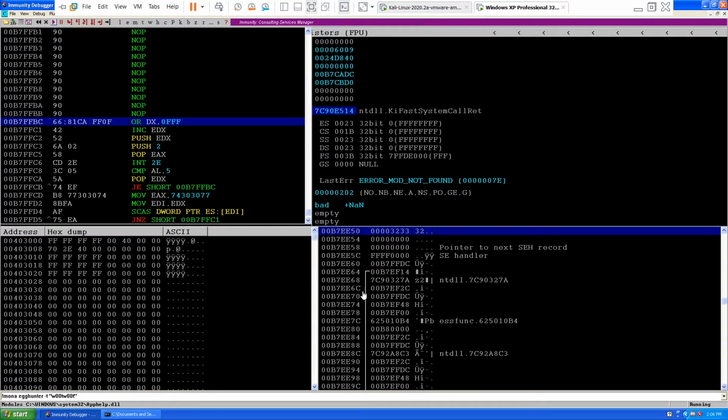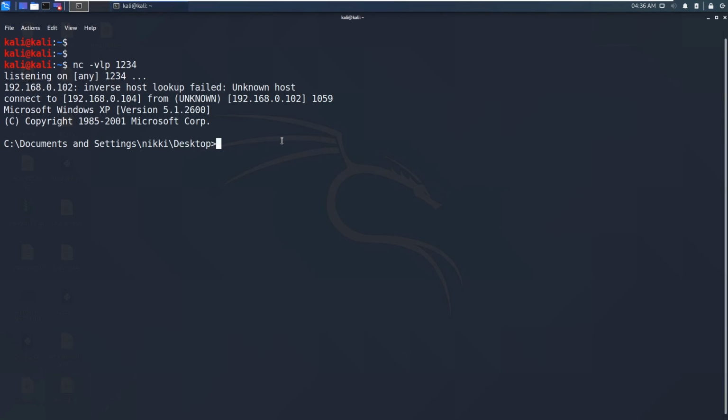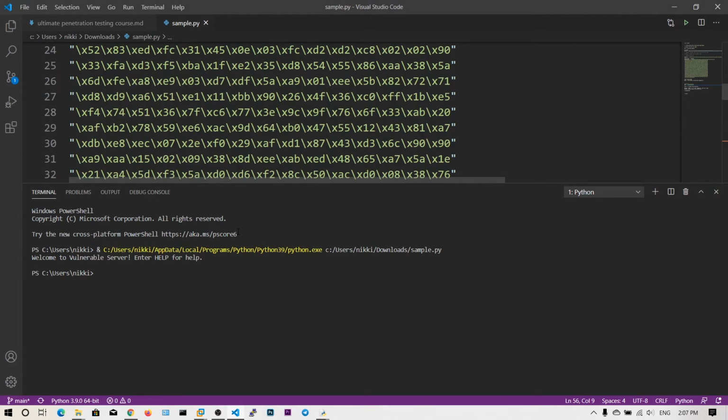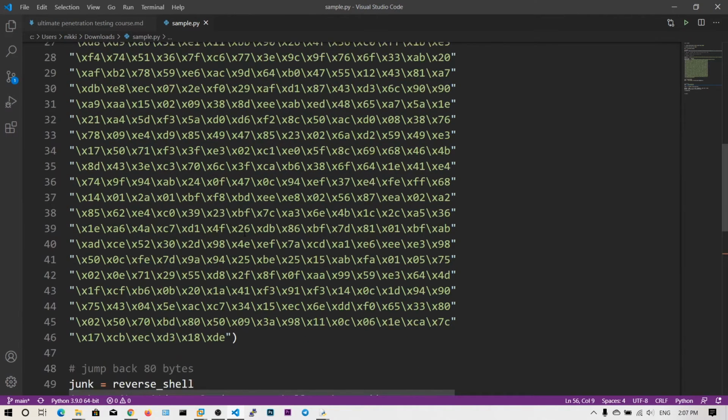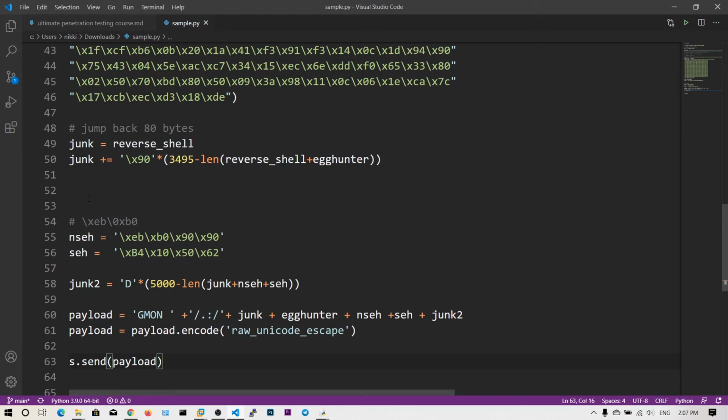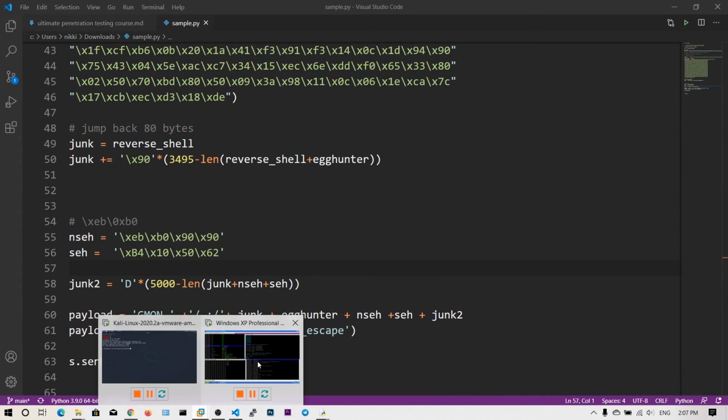So basically in normal applications we have code after this SEH handler, but I am just showing this demonstration to include the egg hunters also. So let me sum up this whole exploit once more. First we have overflowed junk up to NSEH, and then whenever I press Ctrl+Shift+F9, I am showing you again.